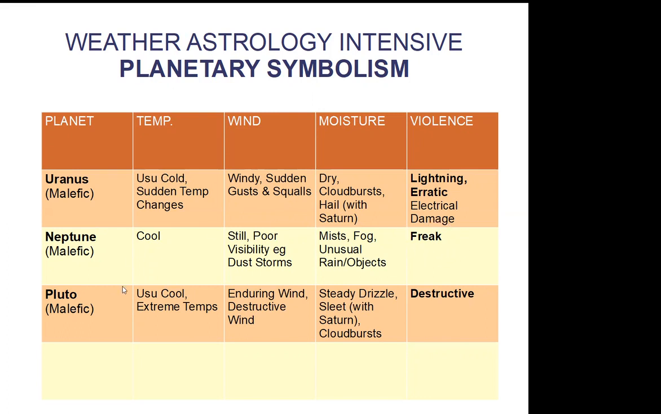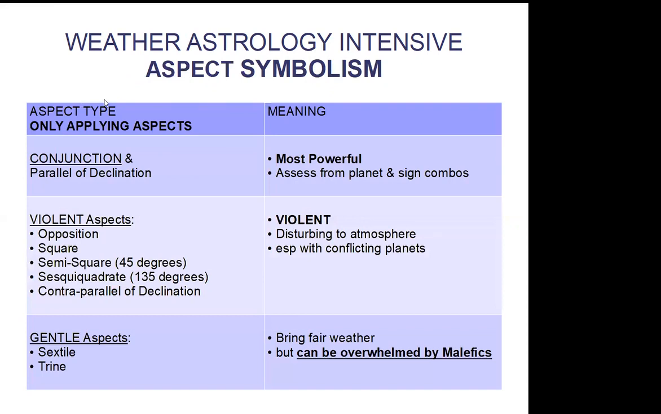So that's its adjective. Pluto, usually cool, also extreme temps, enduring wind. So now that's that pumping wind that blows you over in the street in Cape Town. It's destructive. Steady drizzle, but with Saturn, it brings sleet and cloud bursts, and it's considered the destructive planet